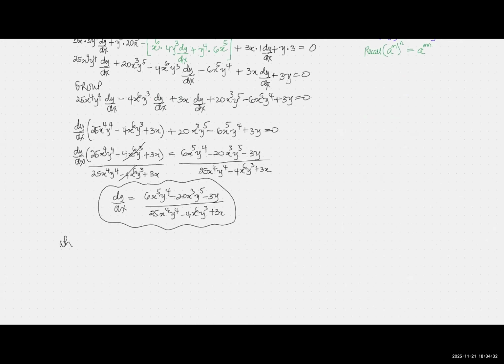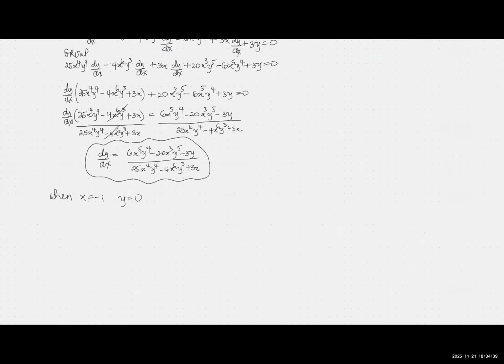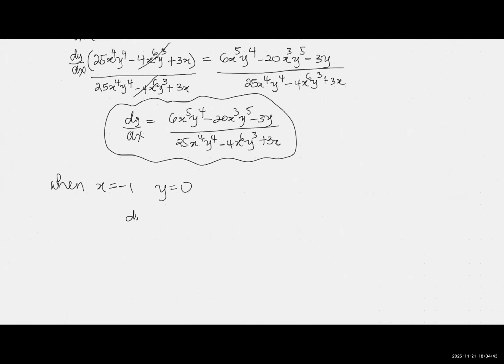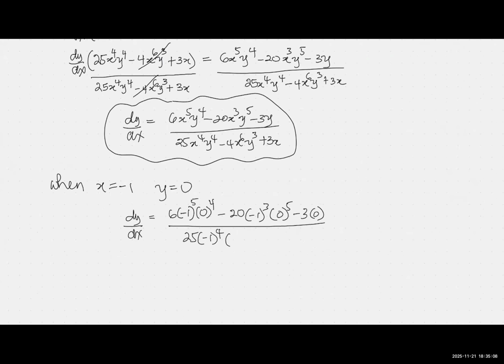So therefore, dy by dx is equal to 6 times negative 1 to the fifth times 0 to the fourth minus 20 times negative 1 to the third times 0 to the fifth minus 3 times 0 plus 3 times 0, all over 25 times negative 1 to the fourth times 0 to the fourth minus 4 times negative 1 times negative 1 to the sixth times 0 to the third plus 3 times negative 1. Dy by dx is going to be equal to 6 times, four,